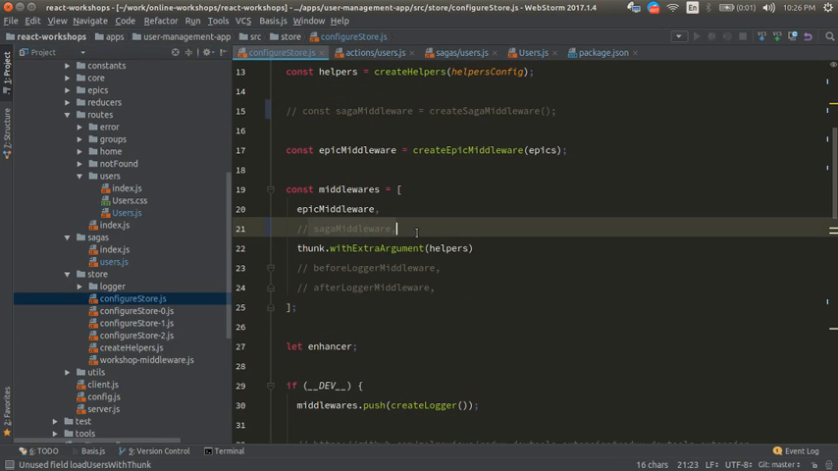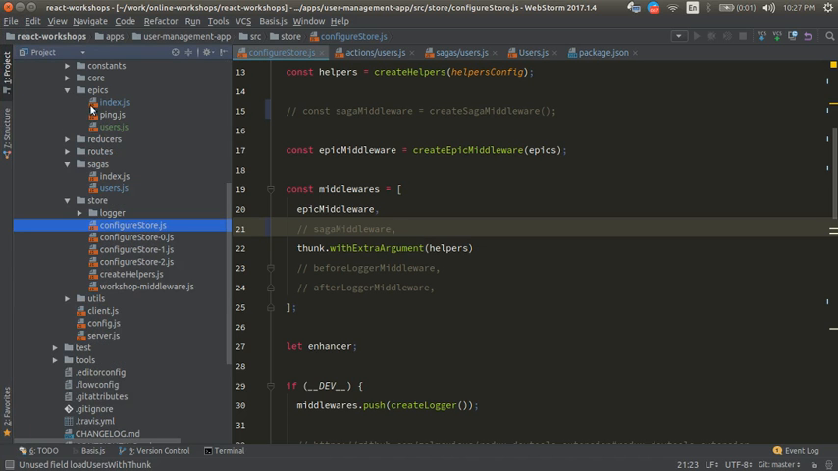Wow, Saga middleware has been commented out, and it's still working. It's working because I have created a Redux-Observable epic, which works exactly the same as Redux-saga in terms of the way that we can handle our actions. All we have to do using Redux-Observable is dispatch an action, and inside the epic right here,